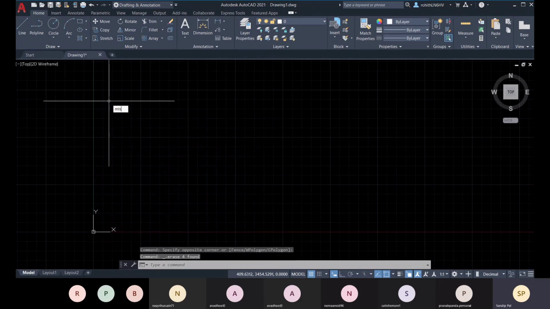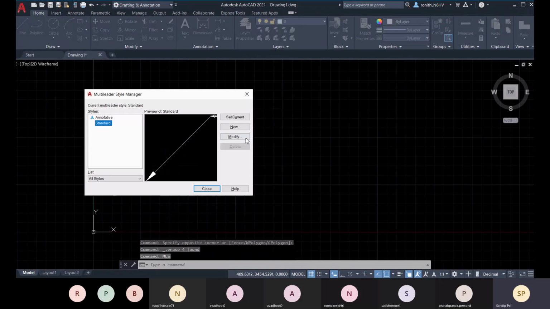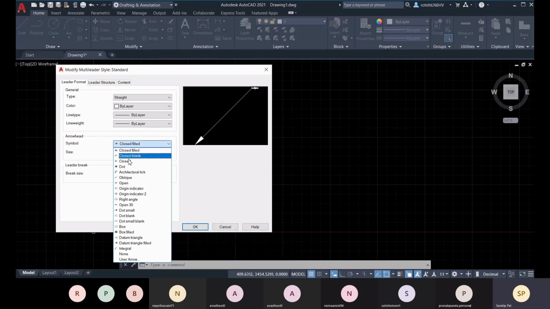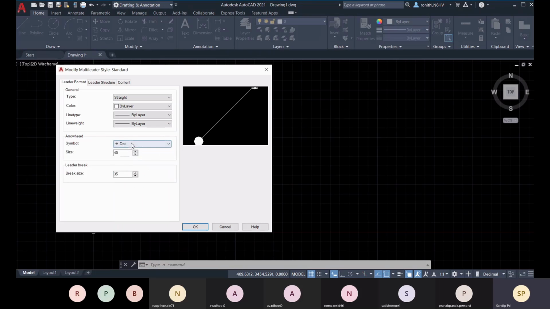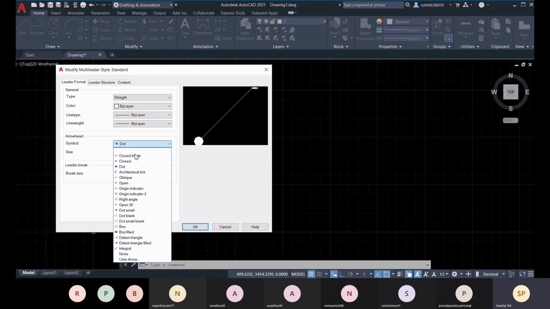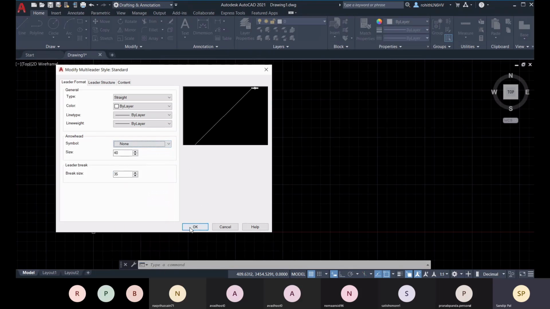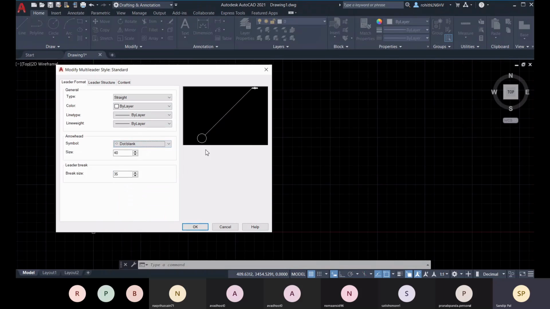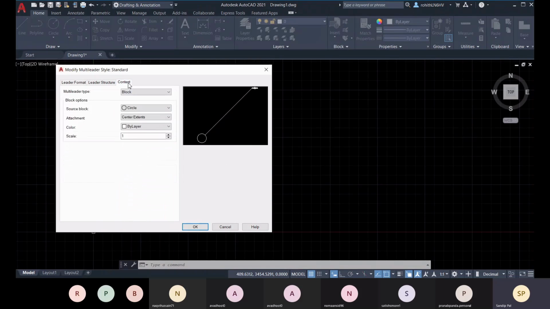Now with this multi-leader you can create grids as well. For that, go for MLS, go to modify, and leader format. About the arrowhead, you can choose either dot or none. You can specify none, so no dot will be there, or dot blank you can specify. Then you can go for box or hexagon.